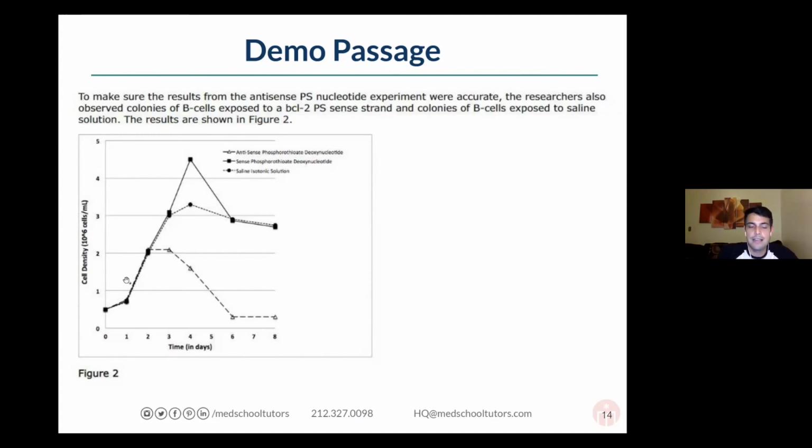It might be doing something that's keeping the cells from dying, right? Because when you block it, the cells die. And then the positive control group, when they add more BCL2, you see that it's basically like the control group, except you get a little bit more cell growth, and then it levels off the same. That again fits our hypothesis about BCL2, that it would actually stop cell death.